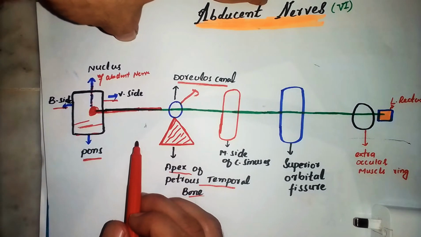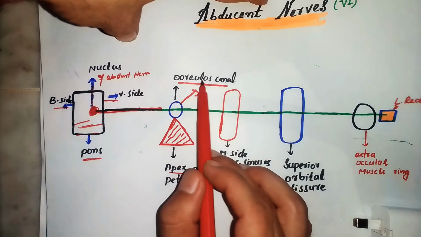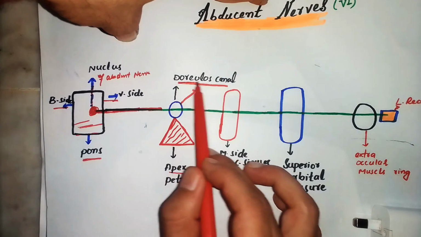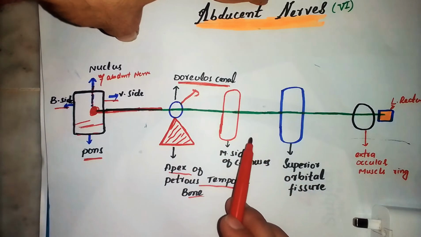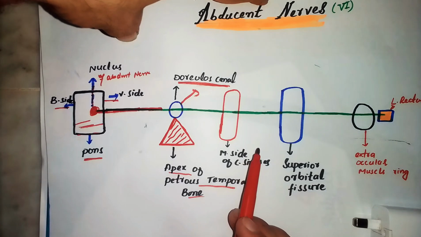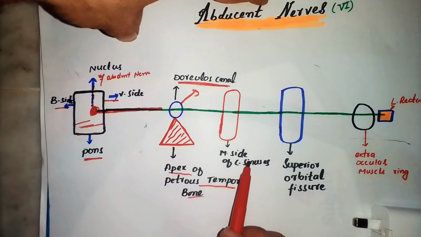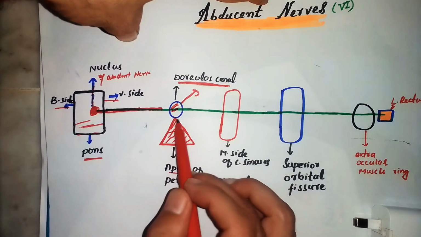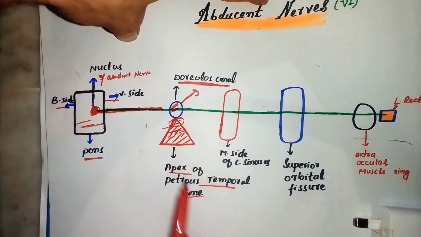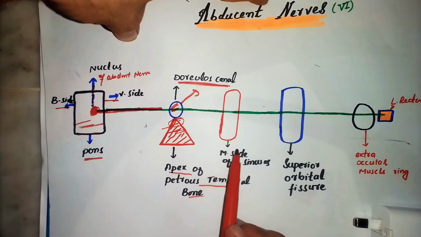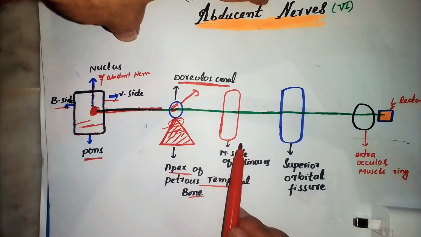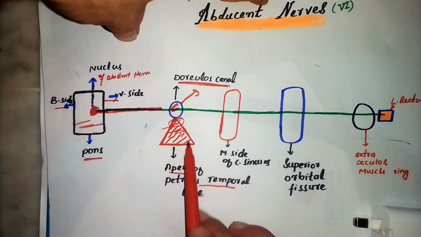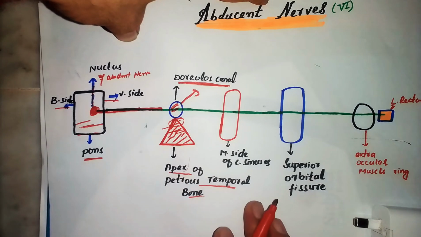Okay, when they move toward the ventral side of the pons, they cross a canal which is also called Dorello's canal. Dorello's canal is present on the apex of the petrous part of the temporal bone. This is Dorello's canal, and this is the apex of the petrous part of the temporal bone. So they cross Dorello's canal, which is located on the apex of the petrous part of the temporal bone,